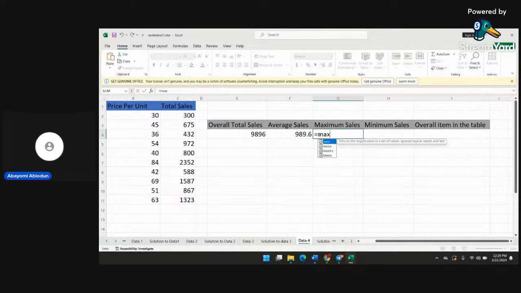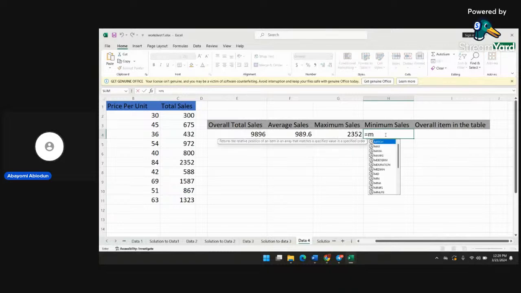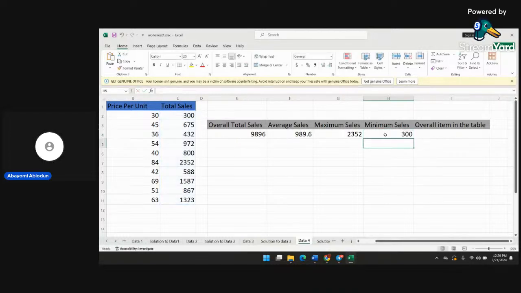Then for maximum, it is still the same formula. It is applicable in everything. So C2 to C11. I think there is a mistake here. Maximum sales is just MAX, then put the range, then minimum as well. Minimum is this, C2 to C11 as well. So if I press enter,